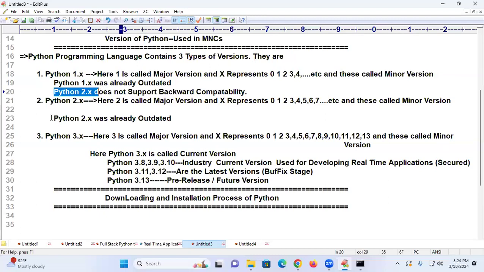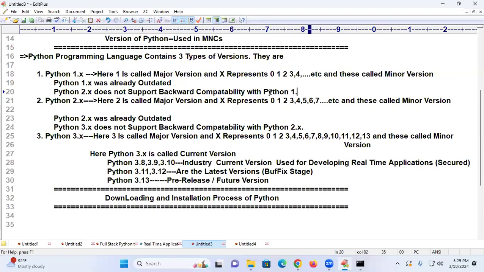Similarly, 2.x was already outdated, obviously. Tell me, when 3.x is coming, what is the same? 3.x does not have backward compatibility with whom? Python 2.x. This doesn't have backward compatibility with what?